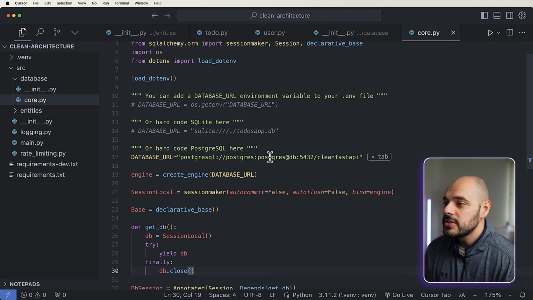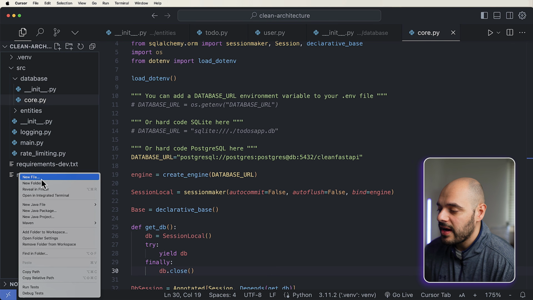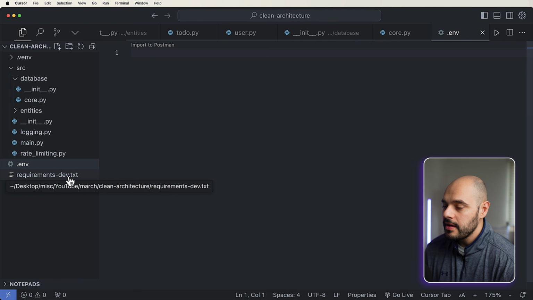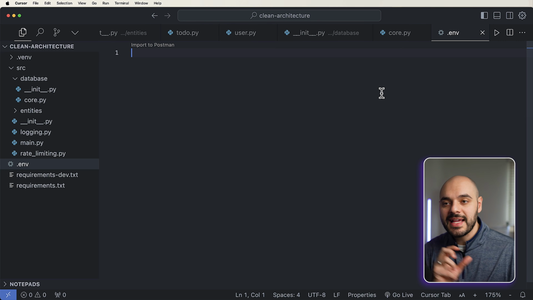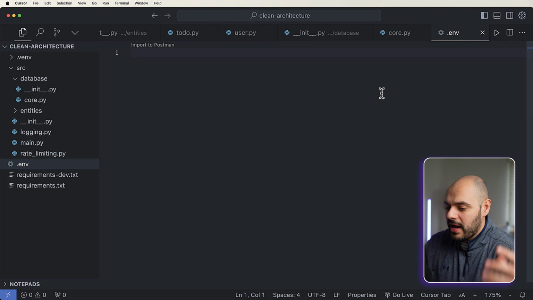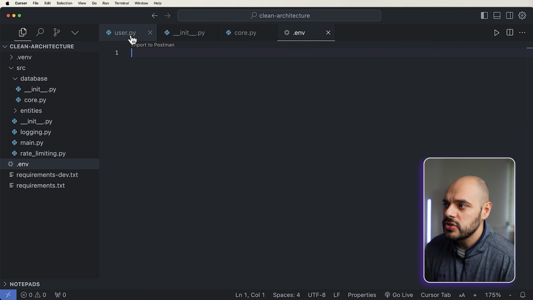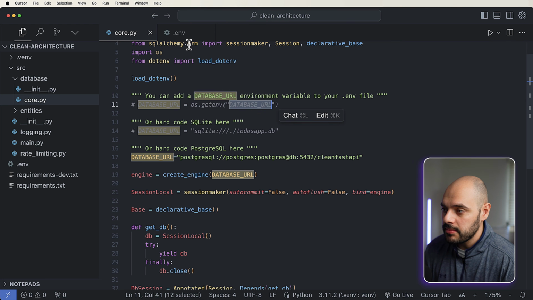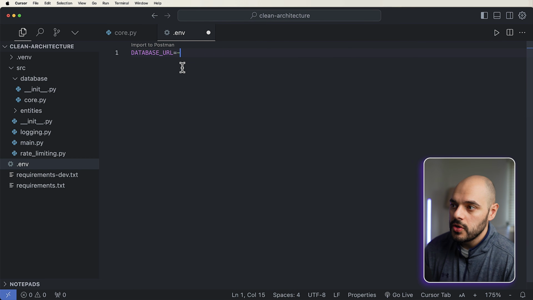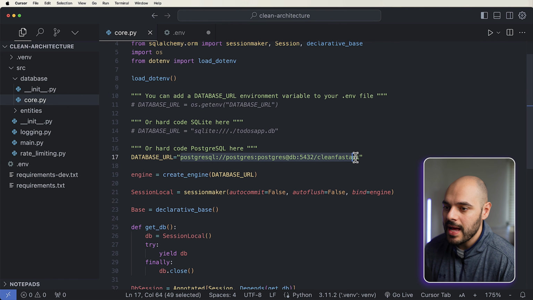So just for practice, let's go ahead and create a new file called .env. Now, .env files are often a way for you not to have to pass your private secret information into a source code repository. So what we could do is instead of passing this directly into code, we could create a new thing called database URL, which is going to be equal to something. And we can just grab this information,